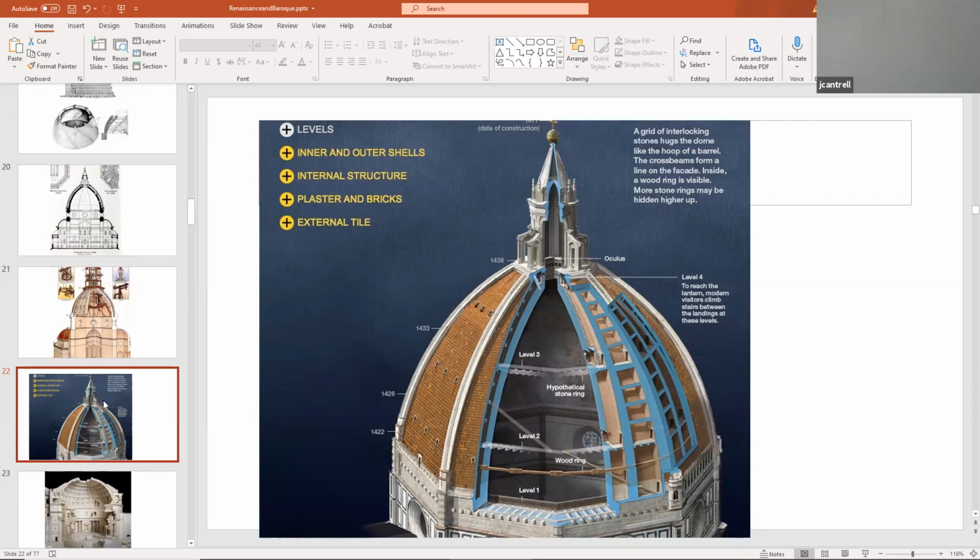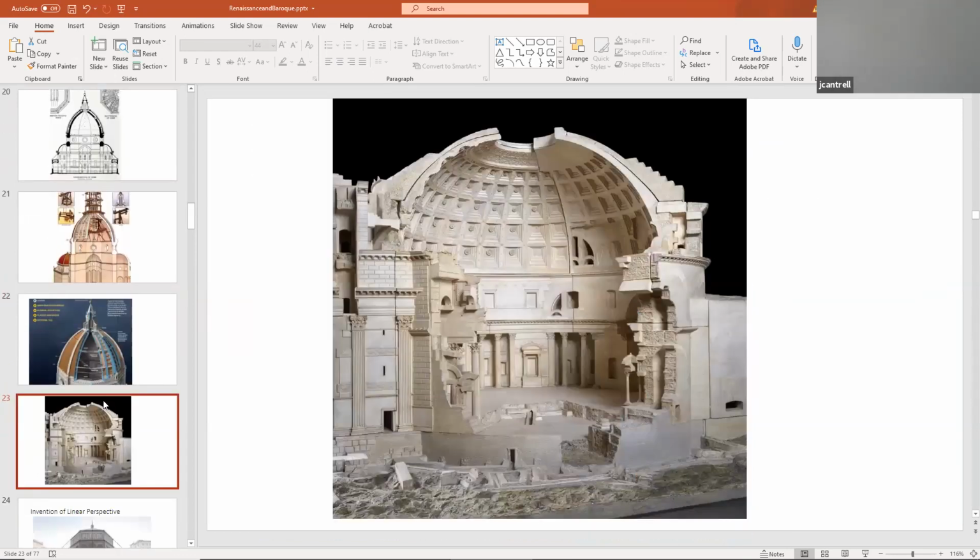So let's take a look at the comparison of, I like to show architectural models versus the buildings themselves, but let's take a look at this section of the ancient Pantheon in Rome. This is just a remarkable model. Okay, so what we're looking at here is, of course, the section of the Pantheon. We're showing the dome is concrete. There's one shell, not two shells. What you're also seeing is a breakaway section.